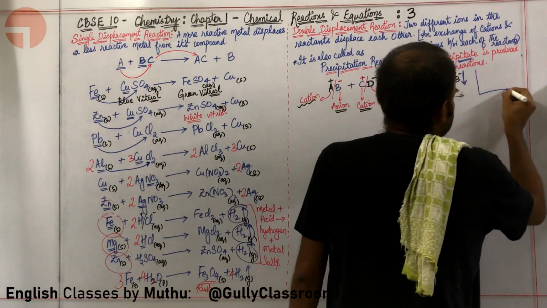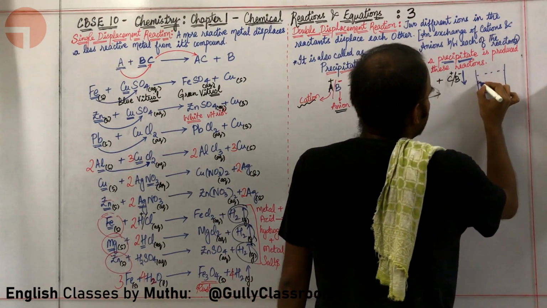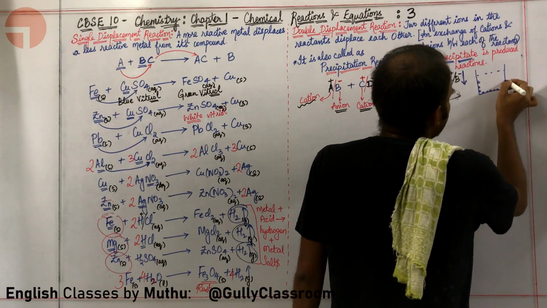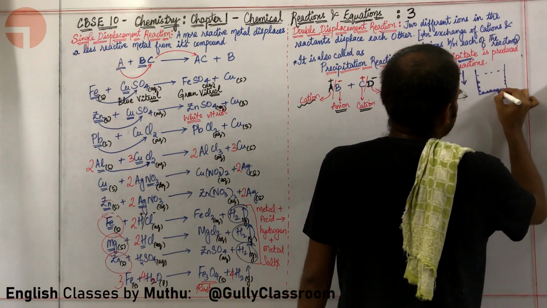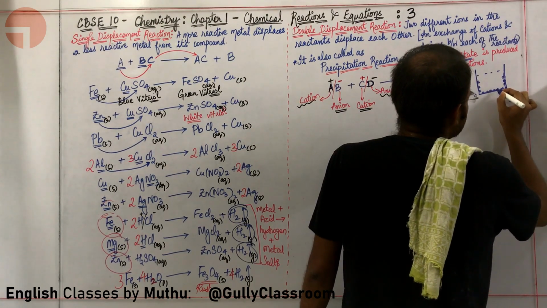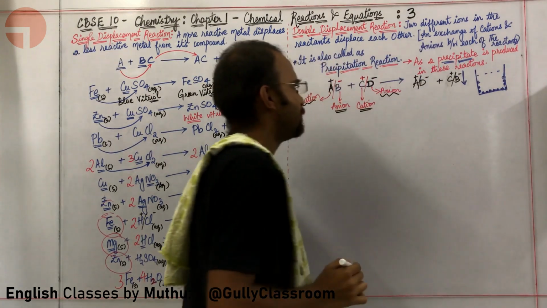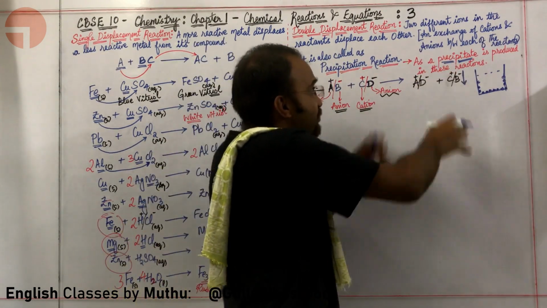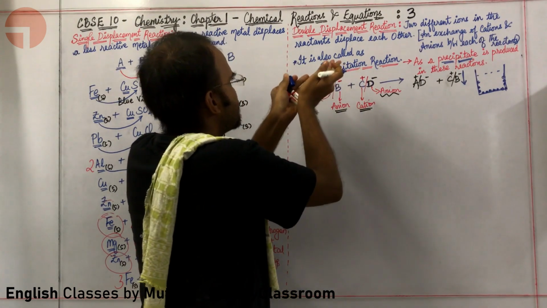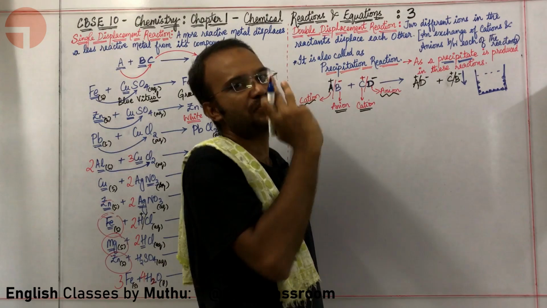Let us say this is the vessel in which the reaction is happening. The precipitate will simply settle down like this on the surface of the container. So this is basically called a precipitate. A reaction where a precipitate is always formed is called a precipitation reaction. In double displacement reaction, a precipitate is always formed.